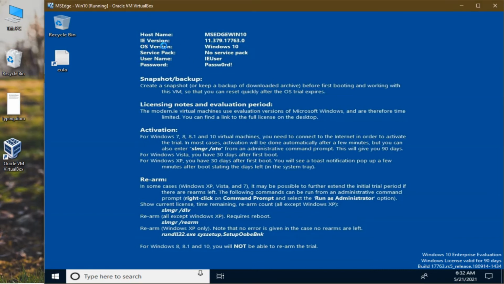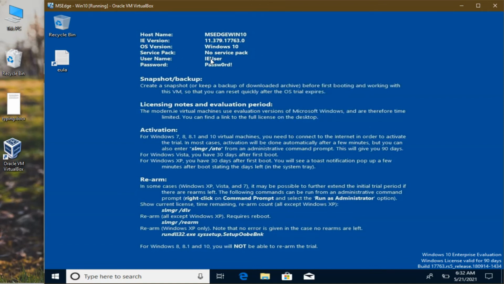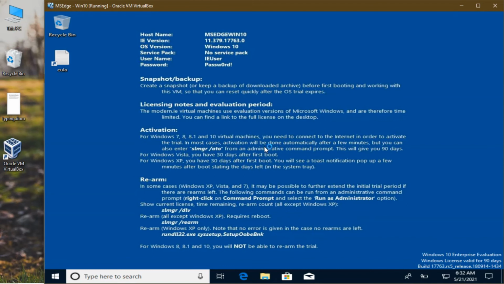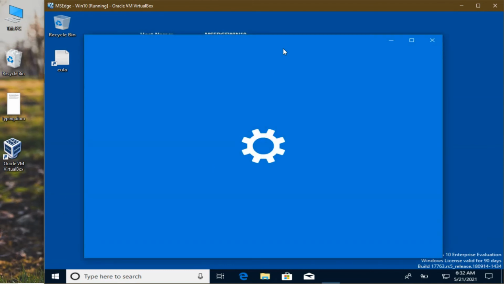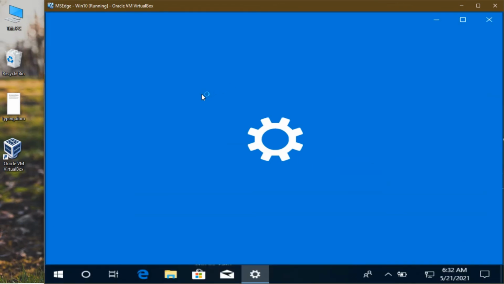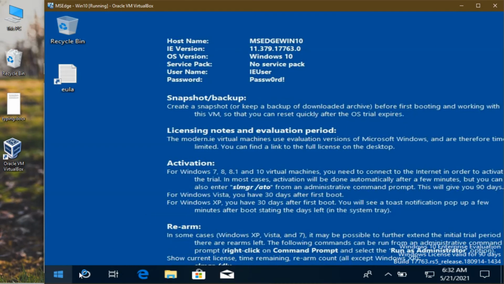So we have successfully installed a virtual machine. Understand? This is the default screen. If you want to change the wallpaper, click display settings. Okay, it's loading. If you have two PCs, you don't need to install this. If you don't have any PC for hacking usage, you can install this virtual machine. So we have successfully installed our virtual machine.